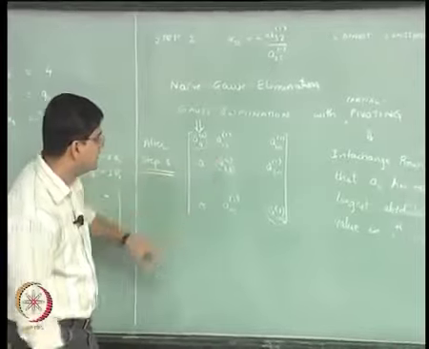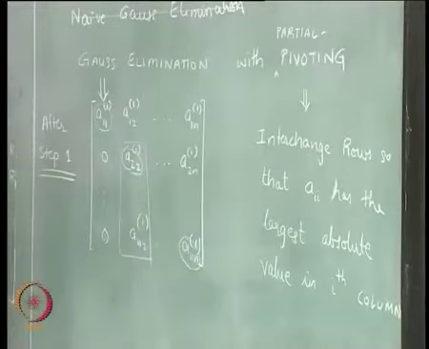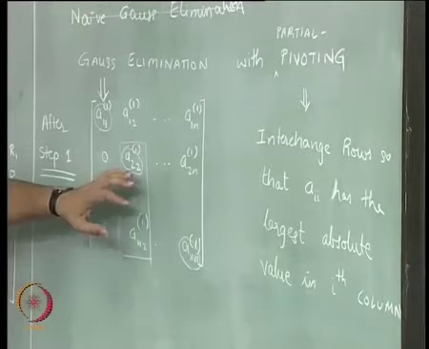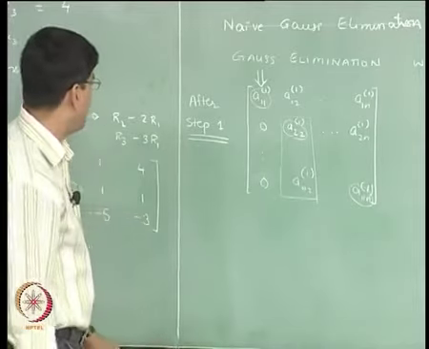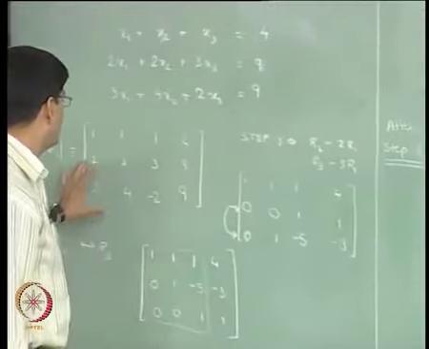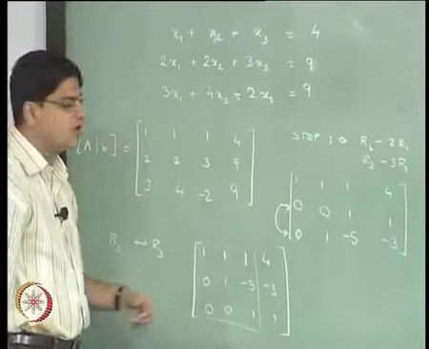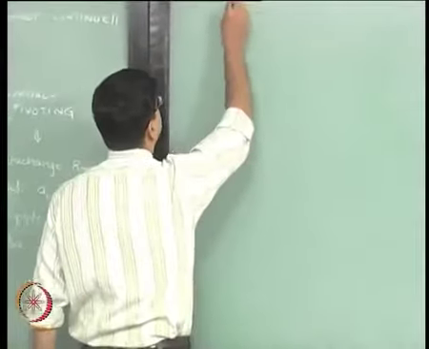So again in this particular case we will compare the absolute values in this column, and then we will do any of the row interchanges that might be essential in order to get the highest absolute value in this particular column. Okay. So now let us go back and see how our overall procedure will be modified for an example of this type. Okay. So let's write down that example once again.